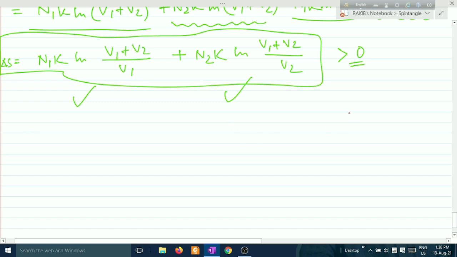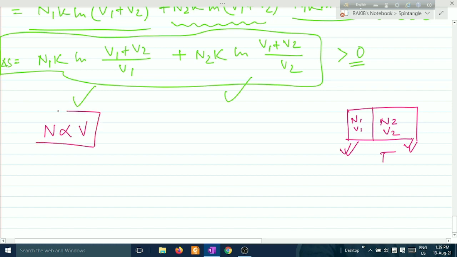Say this is our gas chamber. Say you have a partition here, n1, v1 and T, and here n2, v2, because both are maintained at temperature T. If you increase the number of particles in this box, there will be an increment of volume, and the same will happen in the other box. Therefore, we can easily see that increasing the number of particles increases the volume, if the walls are not too rigid. Just wait.